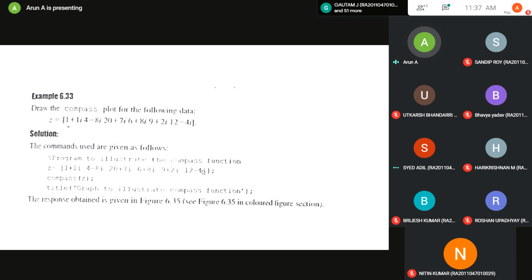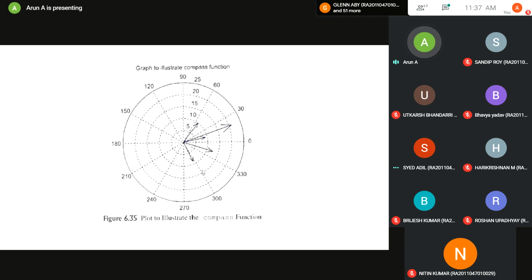Okay, I'll move to the graph. Yeah, I move to the graph. Can anyone just guess what could be this? Polar function? No, not exactly. Looking at the curve, you're telling me it's a polar. Shape of a compass. Looks like a compass.